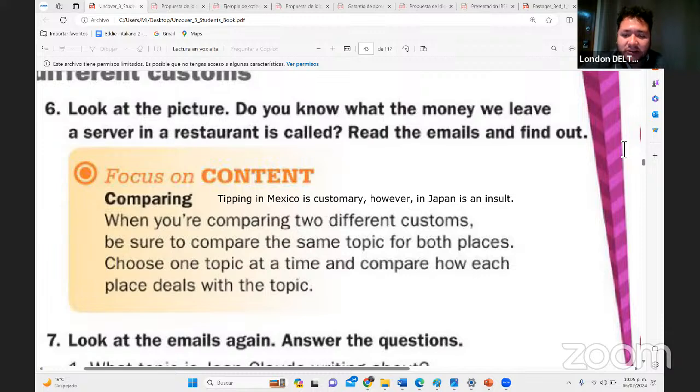Dice Oscar, giving the seat in the subway to women in Mexico is sometimes customary. However, in Japan, that is shameful. Really? También en Japón no se les debe dar el asiento. Yes. A cousin went to Japan, and he told me that he was in the subway and he saw a woman, and he said, "Please sit." And then she didn't say a word and got mad and went away. I don't know. Then the people there explained that it's not